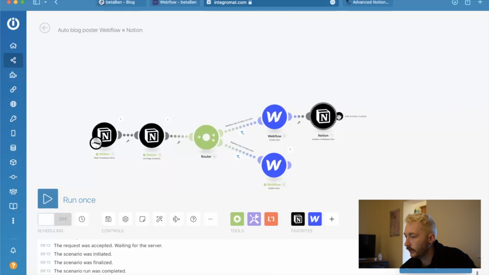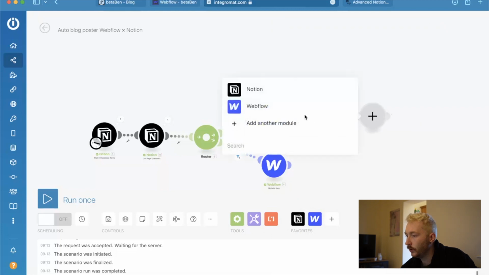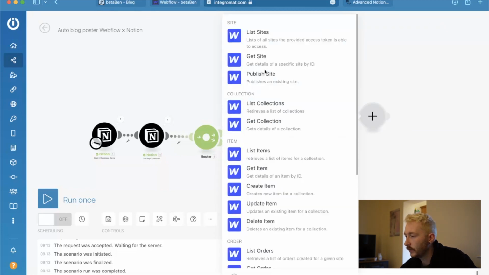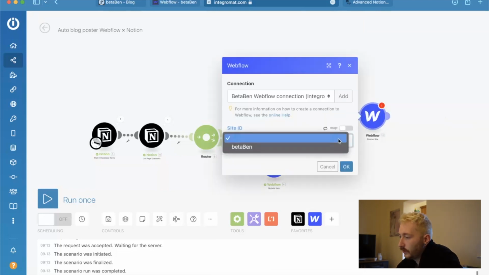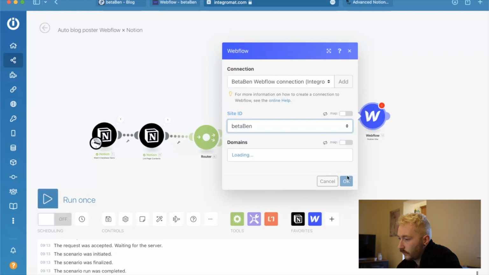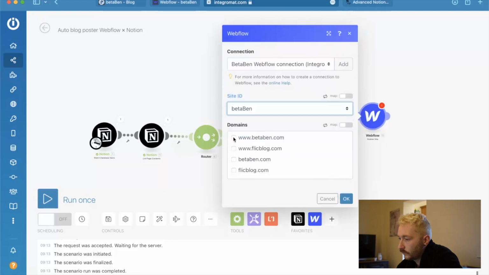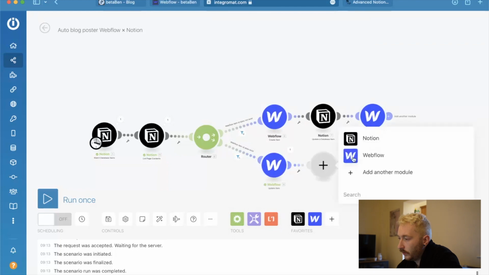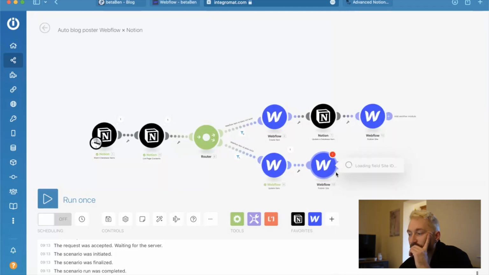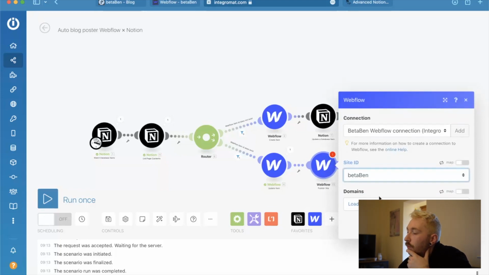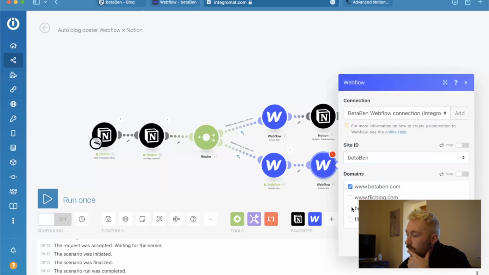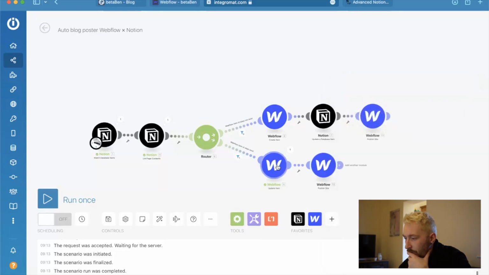I want to add the Webflow publish site to the end of this, just to make sure we have that captured. On those domains. We also want that here while we're at it. Boom, boom, boom. Cool. Okay, so